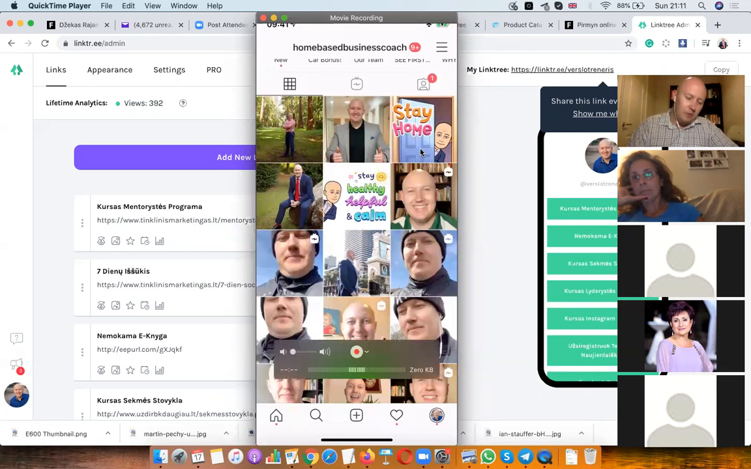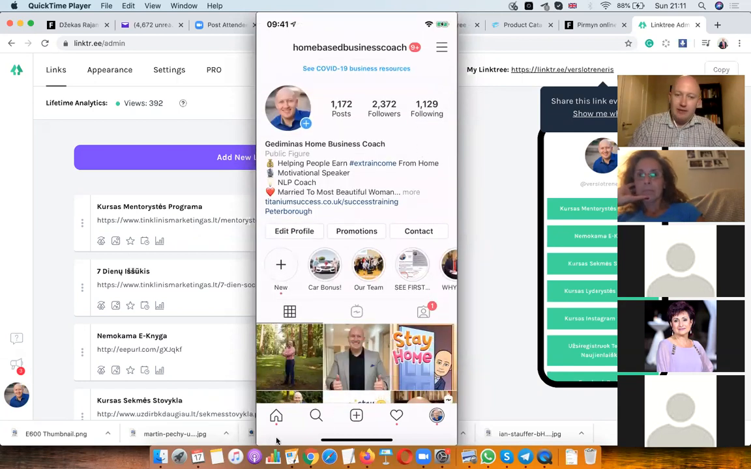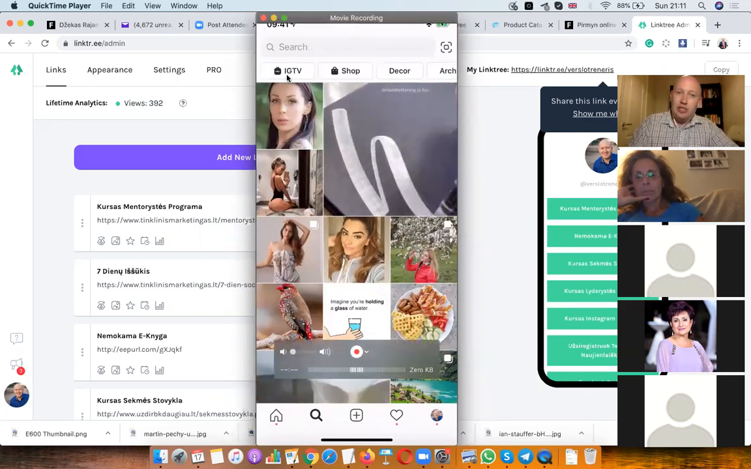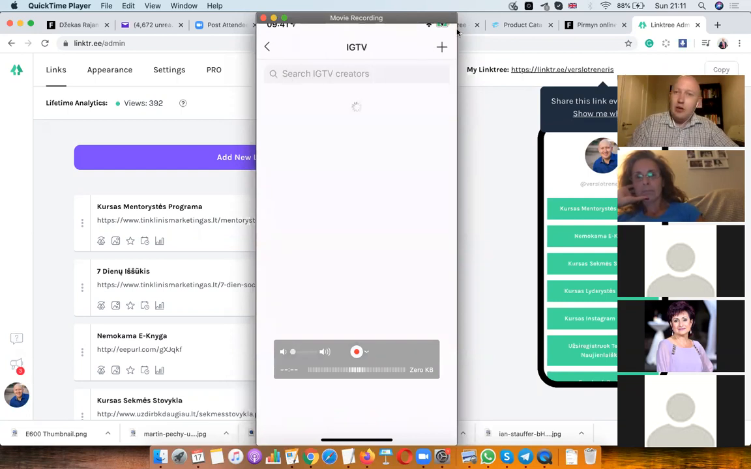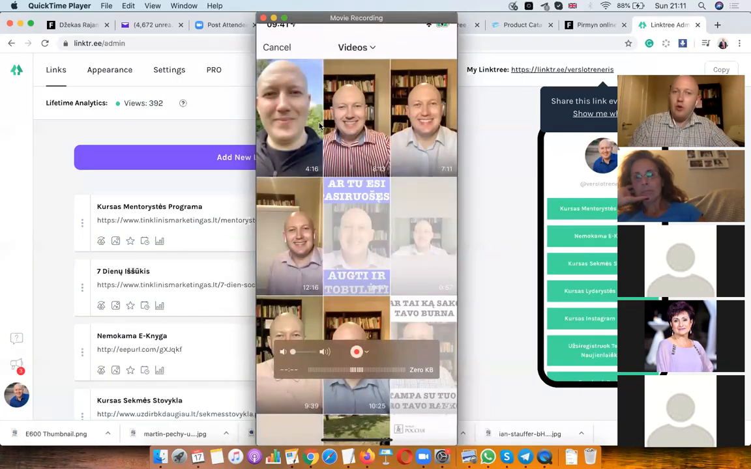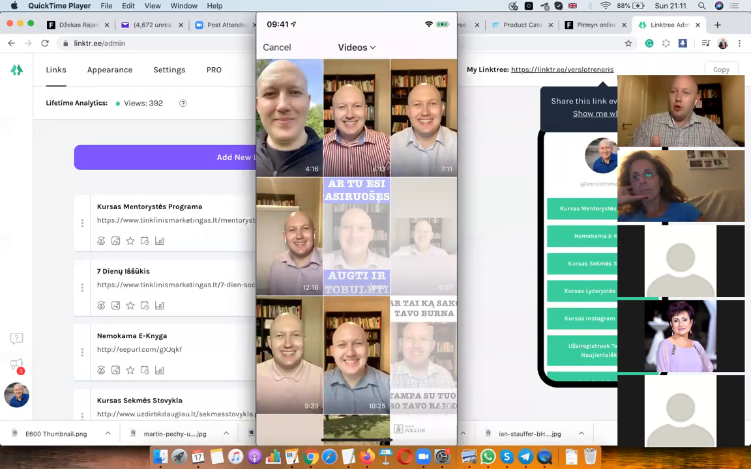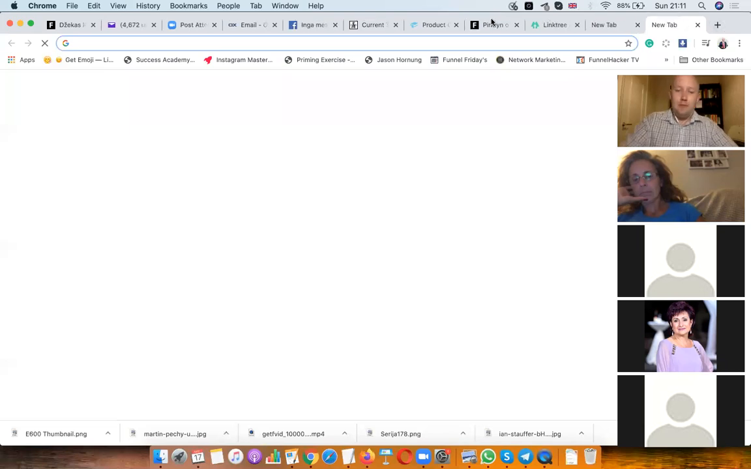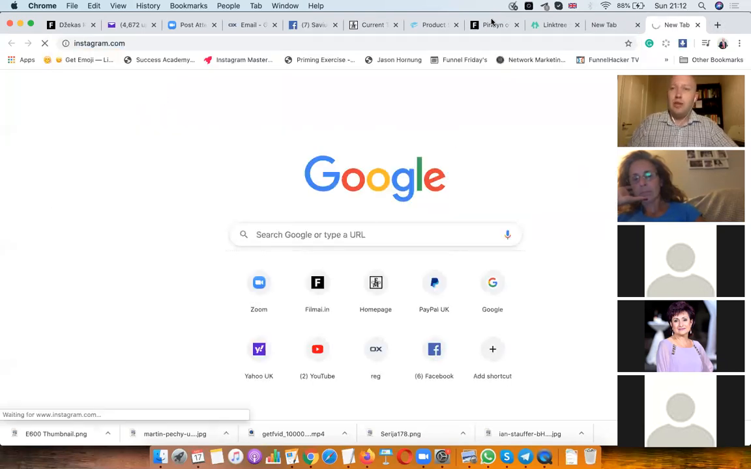So what you do, you click on this magnifying glass here at the bottom, then you click on IGTV, then you click on a plus sign here at the top, and you can upload videos from your phone onto your IGTV. But they have to be up to 15 minutes and longer than 1 minute, because if it's shorter than 1 minute, it just goes straight onto your grid, onto your feed on Instagram. If it's longer than 1 minute, then you can put it onto IGTV. If it's longer than 15 minutes, it won't let you do it from your phone, but you can go to Instagram on your computer,